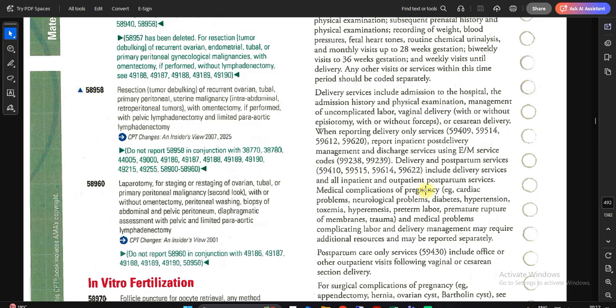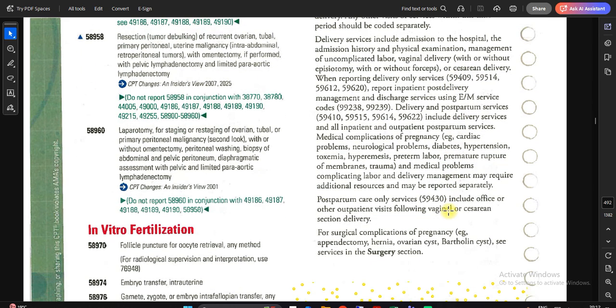Okay. And vaginal delivery or cesarean delivery. Okay. Next, for surgical complications of pregnancy, see service in the surgery section. If the patient is pregnant and is having any type of problems, we need to code from the surgery section. For example, appendectomy, 40,000 series; hernia, 40,000 series;